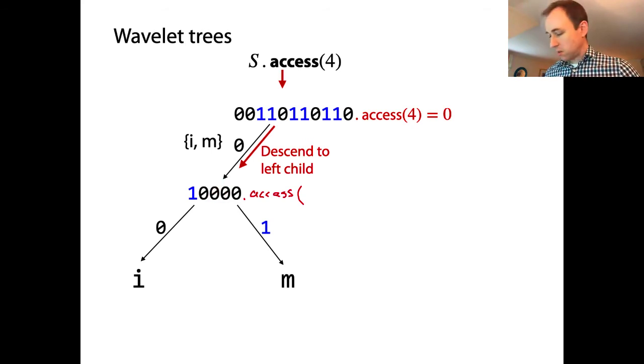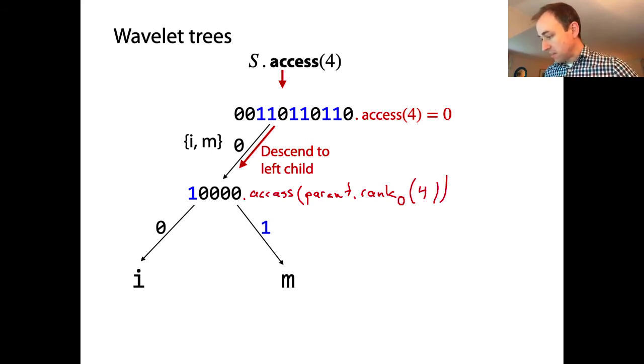So what does that equal? Well, that equals the rank of this 0 in this string. And it's important to point out, I'm saying that it equals the rank of this 0 in the parent bit vector. All right, so what do I have to write here? I have to now invoke the parent, so I'm just going to call it parent dot rank. And this is a bit vector rank. I'm asking for the 0 rank of the 0 that's at offset 4, right? I'm basically asking what was the rank of the bit that I did the access on up here. Okay? And so that equals